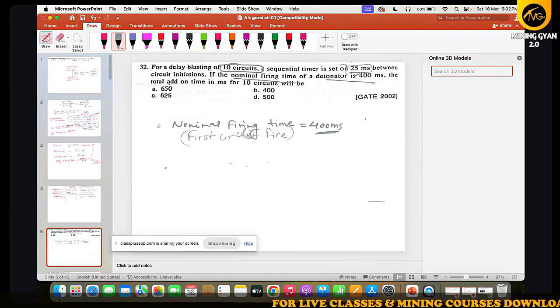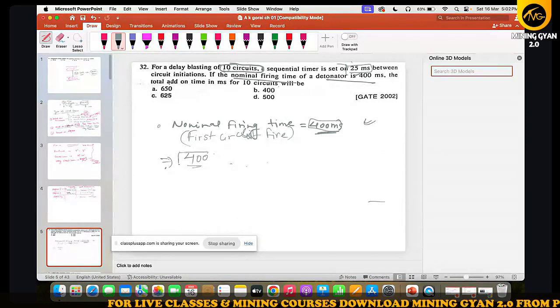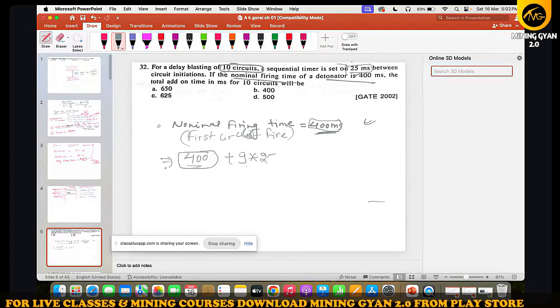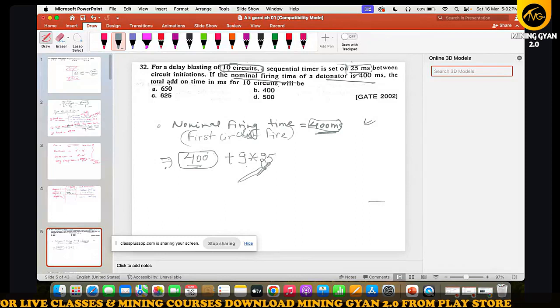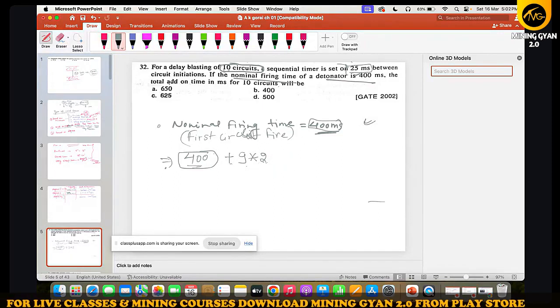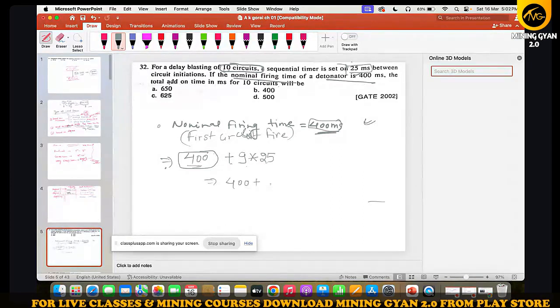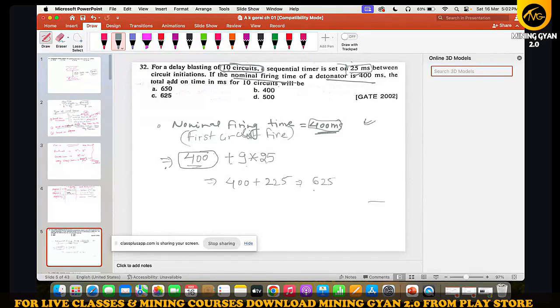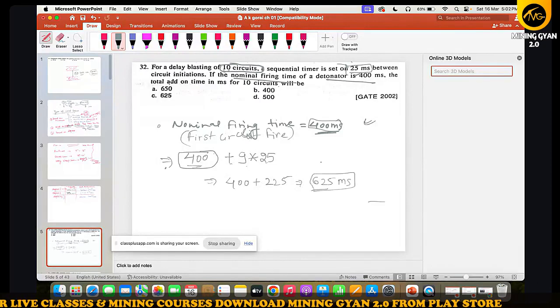एग्जाम में सोल्व करना है तो फर्स्ट सर्किट टाइम हमको पता है कि 40। एंड 10 सर्किट करना है ब्लास्ट। तो पहला सर्किट तो इसमें हो गया, बचे कितने, 9 सर्किट। 9 इंटू 25, 225। सो 400 प्लस 225, तो ये आ जाएगा 625 मिली सेकेंड। ठीक है,